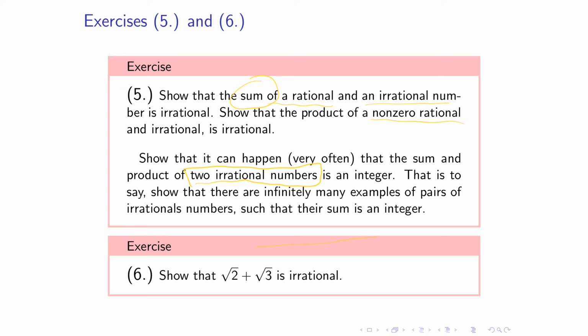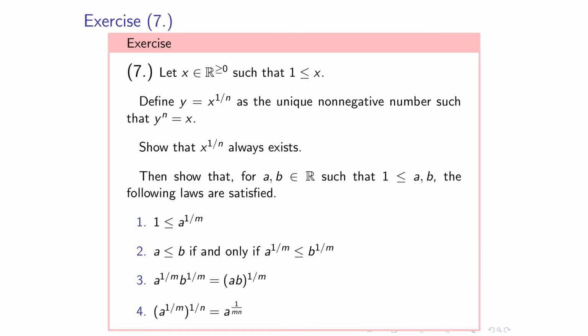Next, we'll demonstrate that root 2 plus root 3 is irrational. And for the final exercise, we're basically going to generalize what we saw in exercises 3 and 4. So this time, rather than specifying 2 or 3 or whatever, we will just take an arbitrary x greater than or equal to 1. We will define its nth root, where I should have specified that n is some natural number,